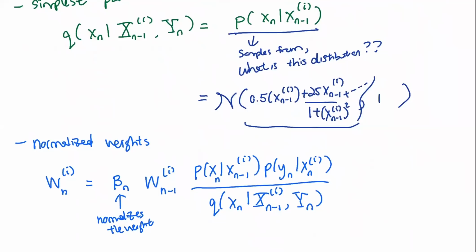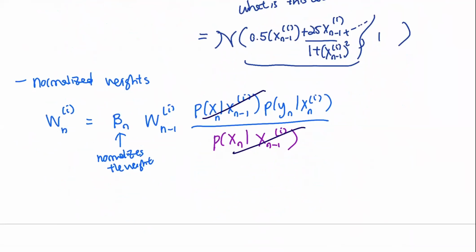So in that case, this thing changes to the probability of xn given xn minus 1i, right? And we can see that when we do that, we have cancellation between this term and one of the terms in the numerator, right? So that means that in order for me to update my weight, aside from having to